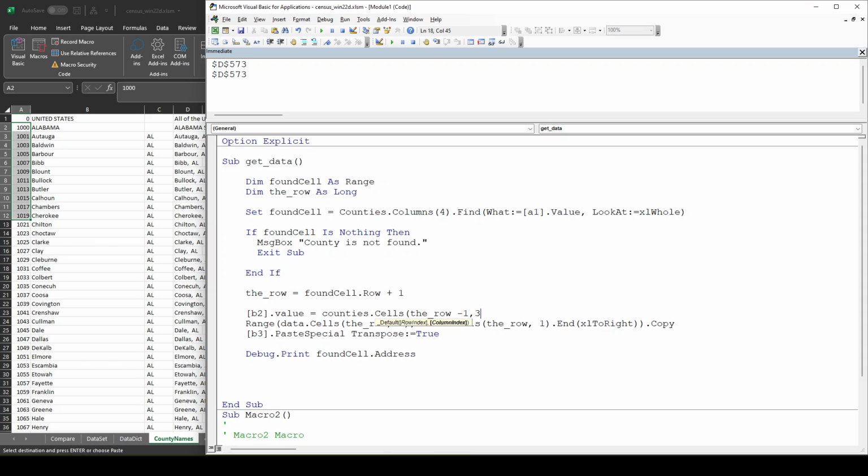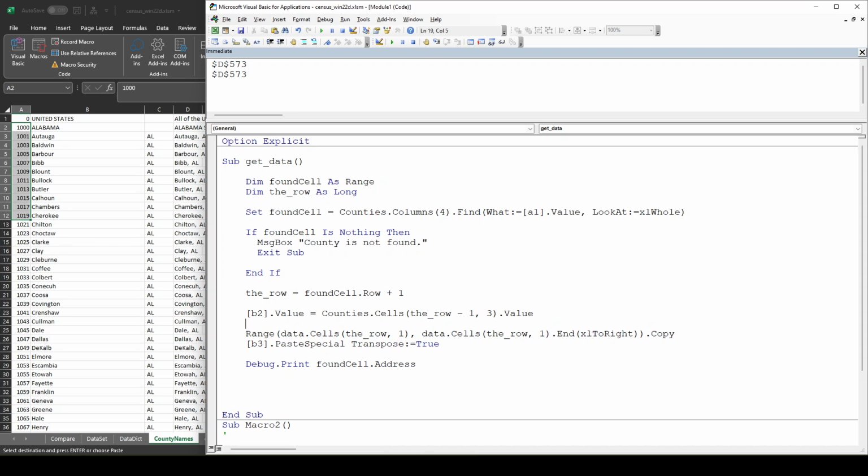So that's going to be column 3 dot value. B3 is going to be the counties, cells, open parentheses, the row -1, same row there. And this is going to be the county name, which is column B. And we'll do value there. So now we have label for the state and the county